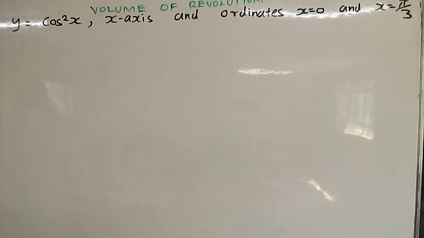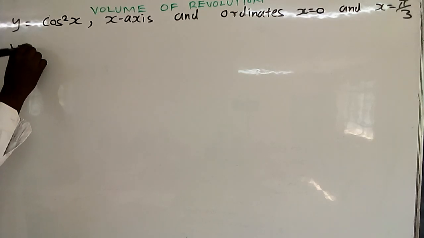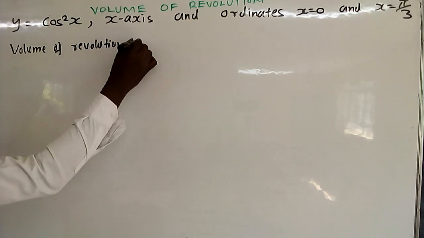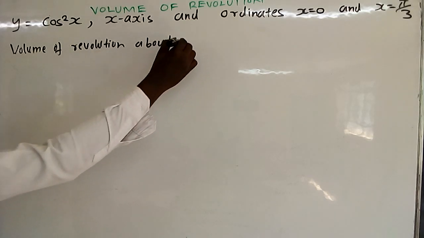Example number 71. Find the volume generated when the plane figure bounded by y equals cos squared x, the x-axis, and the ordinates at x equals 0 and x equals pi over 3 is rotated about the x-axis. So what you want to find is the volume of revolution about, this is what is important, about